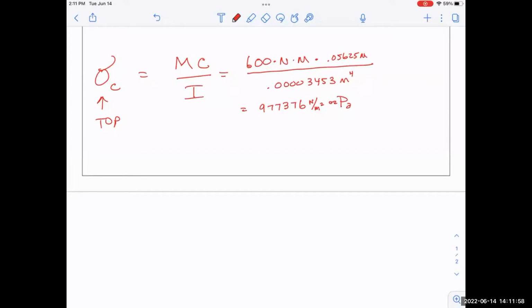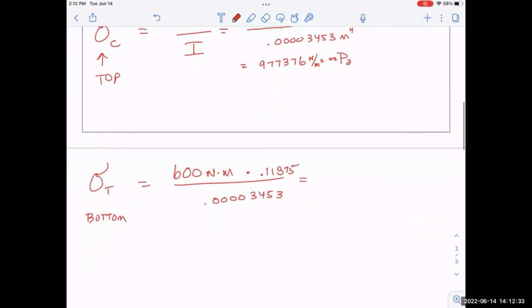So what about sigma for tension? In other words, the bottom, what's going to change? Well, not the 600 Newton meters. Well, the distance is going to change, right? That's the 0.11875 number because that bottom is a lot further away this time. So that's kind of fun. And then that number on the bottom is not going to change, right? So the only thing that actually changed is the distance. In this case, it works out to be